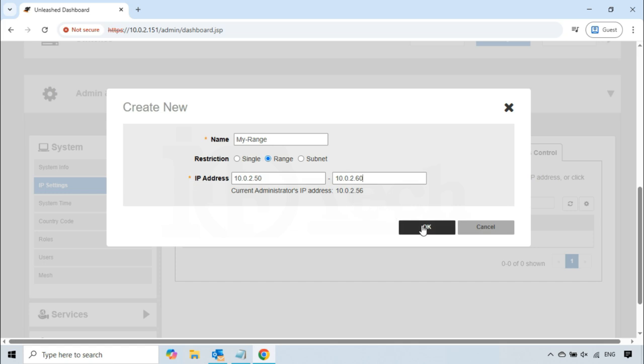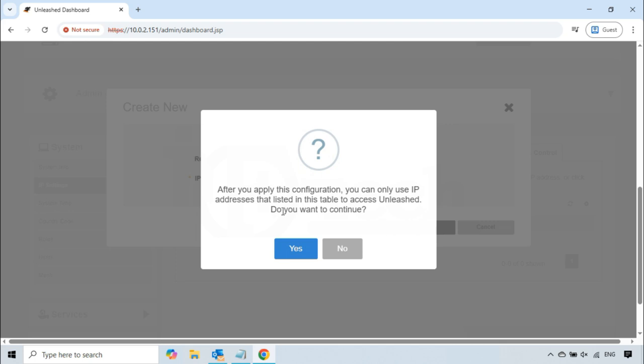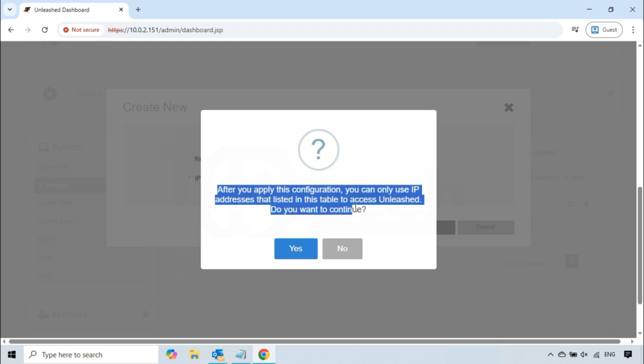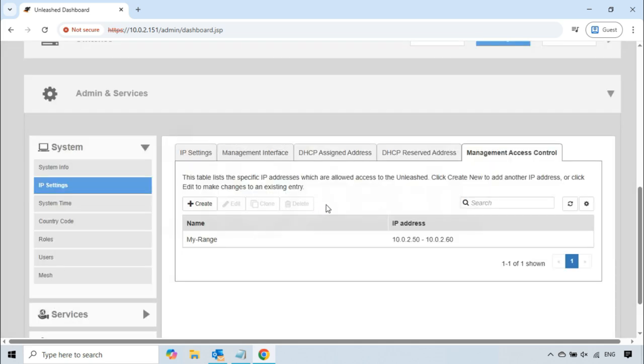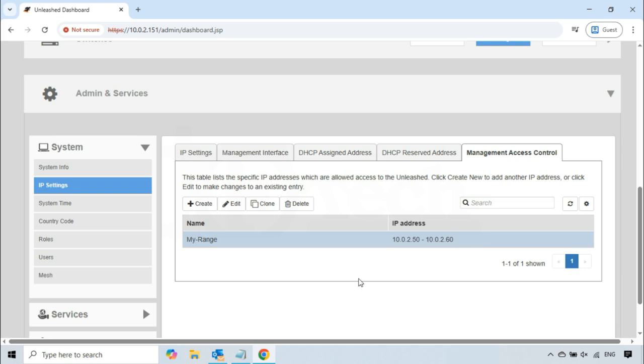Press the OK button. A confirmation message will appear again, saying, if I apply this configuration, the only IP addresses in this table will be allowed to access the Unleashed network. So I say yes. The new entry has been added to the Management Access Control table. It means that any machine having an IP address from this range of IP addresses will be allowed to access